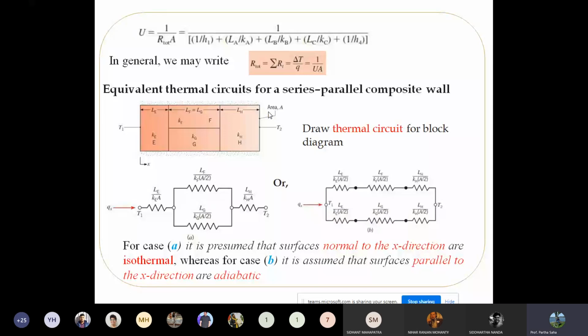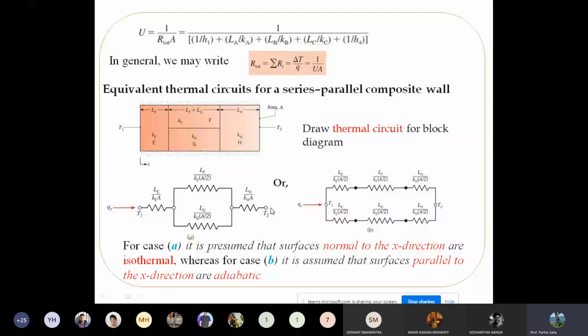Now here is another example. If thermal circuits are in series and parallel, you can see this is in series, these two are in series, and this is again in series, but there are two thermal circuits which are in parallel. So if I visualize this circuit here, each layer is in series, then these two layers are in parallel, and then again it is in series. Here the series resistance can also be divided into two parallel resistances, and then all three are in parallel circuits. Just for visualization.